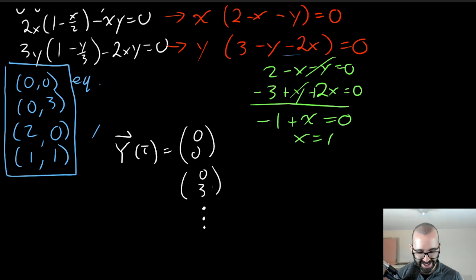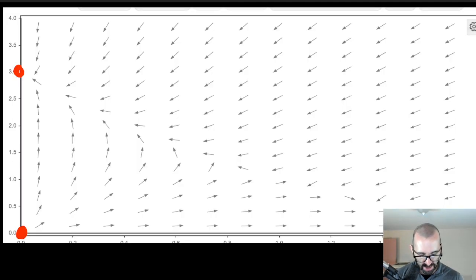Oh, interesting. (2, 0) and (1, 1). Oh, (2, 0) is over here, a little bit behind my camera. And then (1, 1) is right here. And so you can see that no matter where you start,